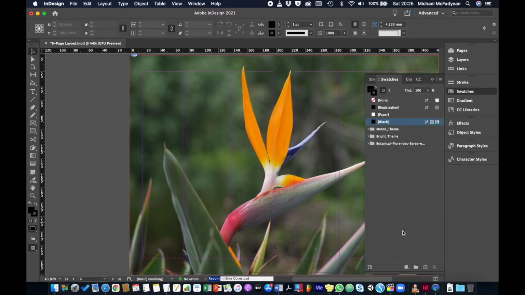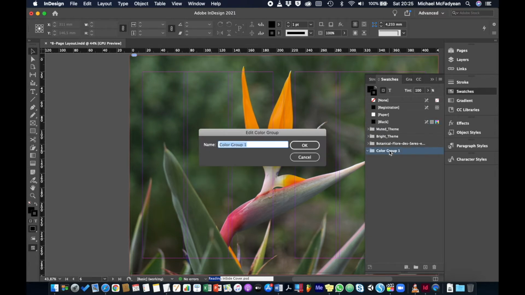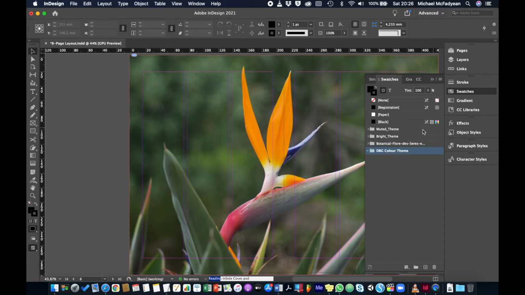And then I'm going to make a new color group for myself. So down the bottom, new color group, and I'm going to rename it, just double click on it, to DBG, Durban Botanic Gardens color group or color theme. And I'm going to build my colors from here. So I want this kind of cream color and this darker kind of toffee color, I think, and the rest of those I don't want, so I'm going to delete that group. Then for this bright theme,